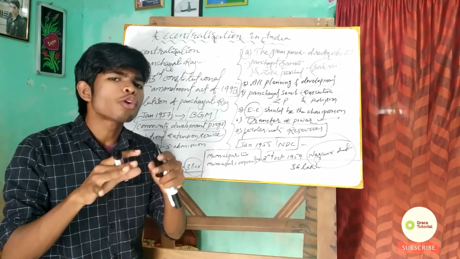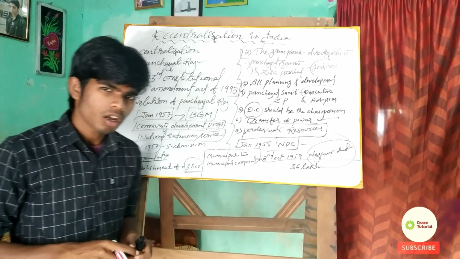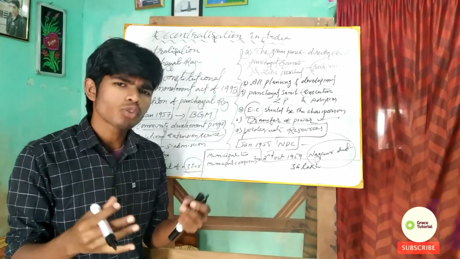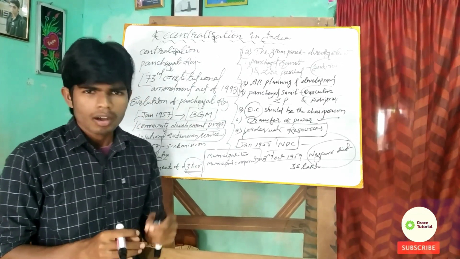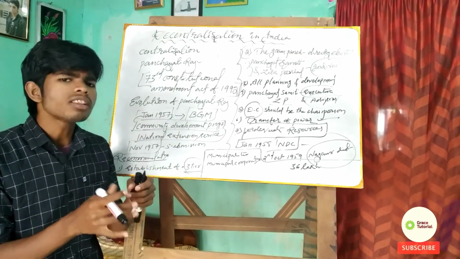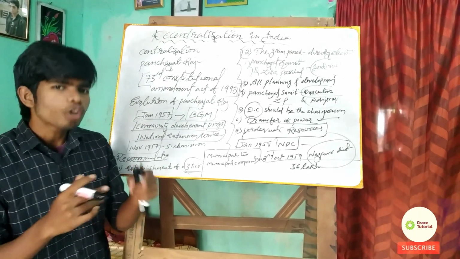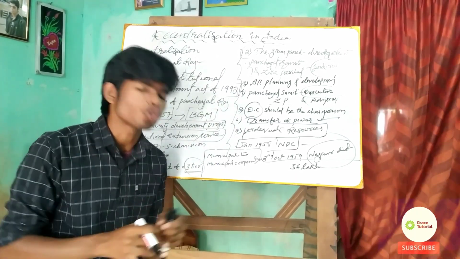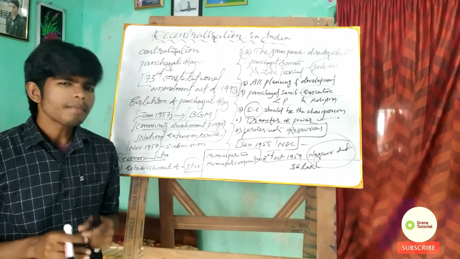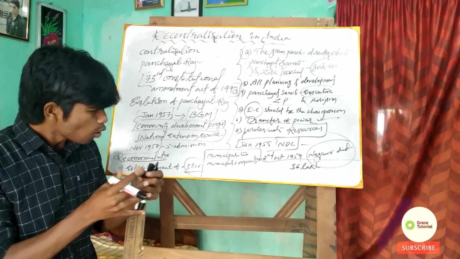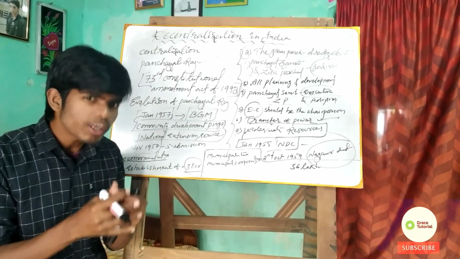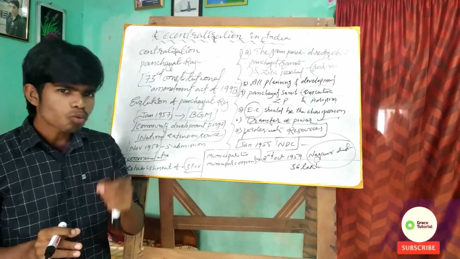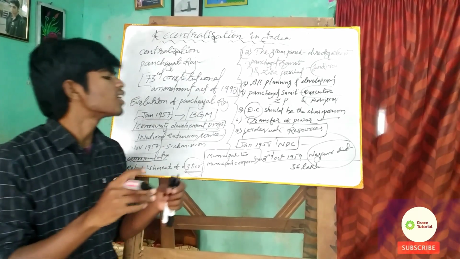The Panchayati Raj is a rural local self-government. This Panchayat consists of a group of ward members, often called the Panch, and the President, or the Sarpanch. So the head of the Panchayat is basically called the Sarpanch. All the voters in that village are the members of this Panchayat, and this Panchayat works under the supervision of the Gram Sabha.